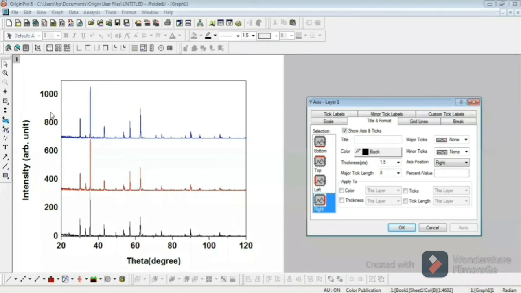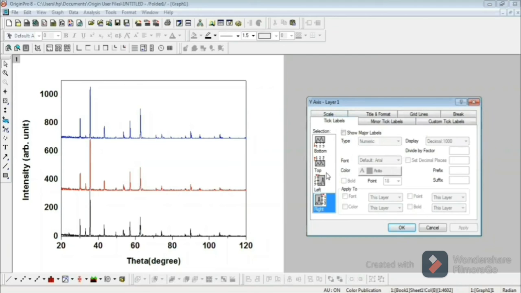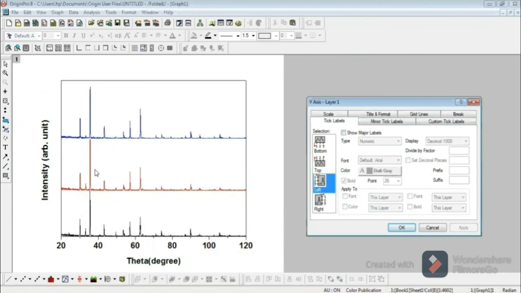So you can see here this is the arbitrary unit, so there is no need to mention the values on the y-axis. Okay, so this is the tick label, and the tick label is on the bottom, top, right side. So major label, I don't want to see the major label. You can see here the values mentioned on the y-axis will vanish, because there is no need to mention these values, because these are arbitrary units. So we can eliminate these values. Okay, there is no problem.